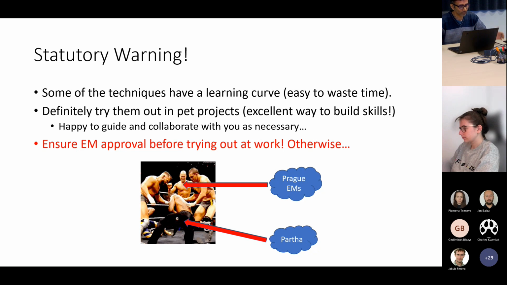It doesn't have to be for 2 months. You can just sit with us for a week, come and see it, try it out. The main thing is ensure that your EM approves these things before you try it out at work. Otherwise, I will get beaten up by your EMs. It's easy to get excited and try them out, but then days go by and you have to start afresh because nothing has happened, because these things have a learning curve.